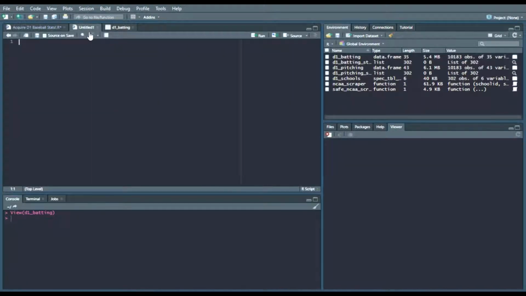So, we know that our initial data set is D1 batting, correct? So, if we want to remove that, or at least put it in a team setting, we can say D1 team batting, and then say D1 batting, that piping operator, though I should say let's load in tidyverse first. So, make sure you load tidyverse in first. Don't want you to forget that. D1 batting, piping operator, and then we'll say filter from the dplyr package. And what we're going to filter